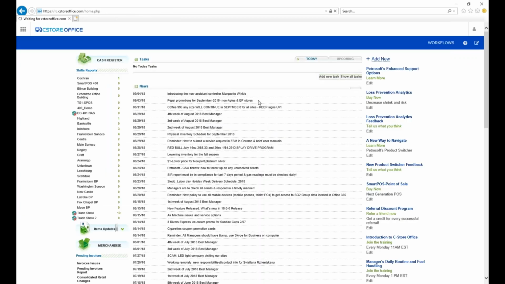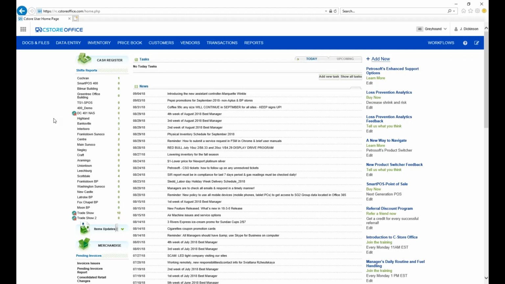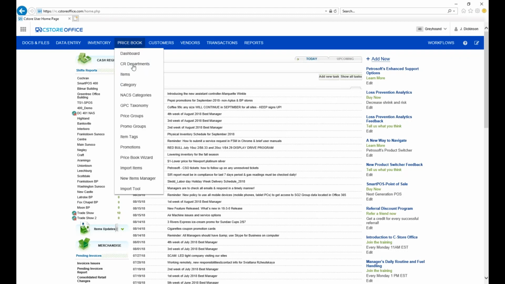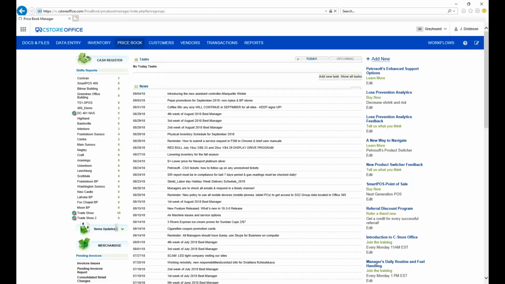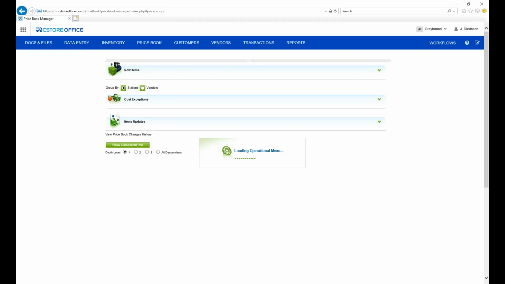We discussed on the previous webinar how to set up price groups and utilize them. For things with common retail prices, like your Red Bull 8 ounce and 12 ounces, your Coke 20 ounce and 2 liters, setting these items up into price groups allows for very quick management of their retail prices because you only have to change it once for all the items included. So if you go into, again, your blue toolbar and go to Price Book, Price Groups,